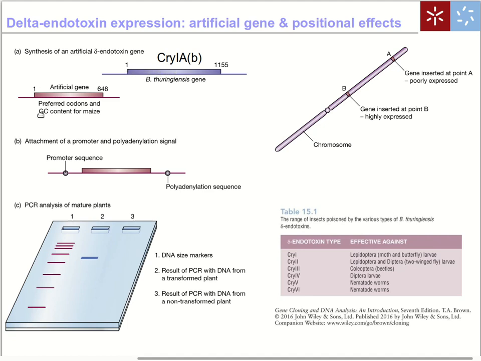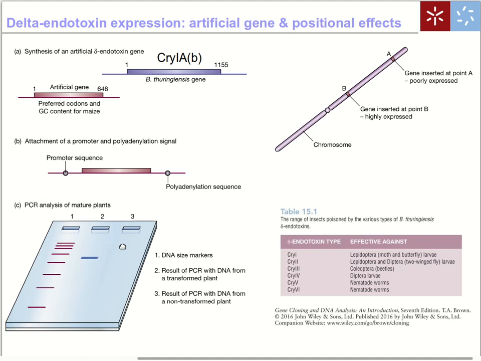This is also to solve the codon bias problem that might occur. This artificial gene was put between a promoter and a terminator that is suitable for the plant, and initial analytical PCR testing showed that the gene was in fact inserted